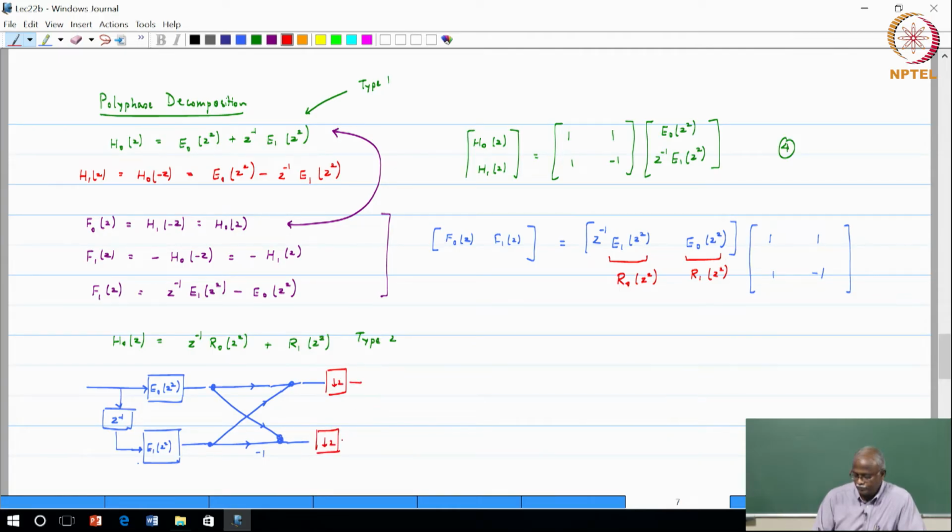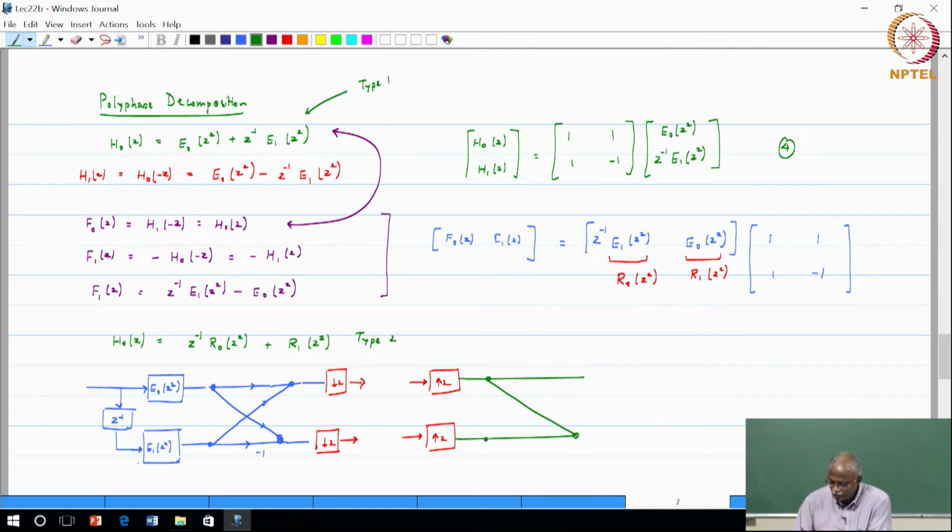Downsampling by a factor of 2. Okay. Now, on the other side, it would be upsampling by a factor of 2, followed by the synthesis filters. The synthesis filters, if you look at the implementation, also have a crisscross butterfly, the same structure, all lines moving to the right,